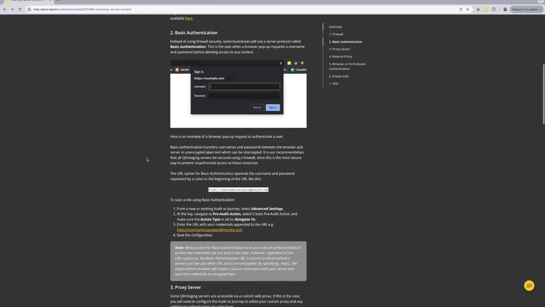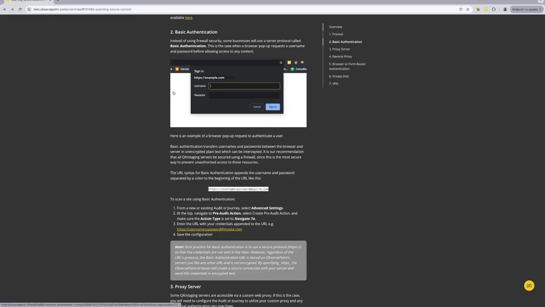Basic authentication is essentially where you visit a page and the browser, whether it's Chrome or Safari or Firefox, generates a modal that requests that you sign in. It requires a username and password that you will provide. And this is actually fairly simple to work around. As long as you have access to that username and password, we can implement